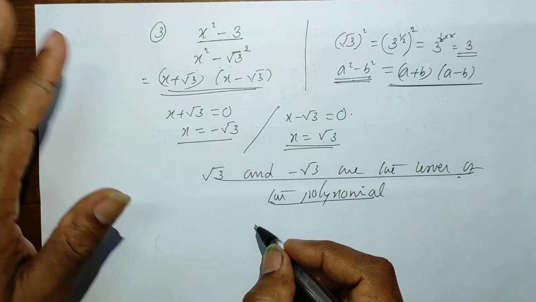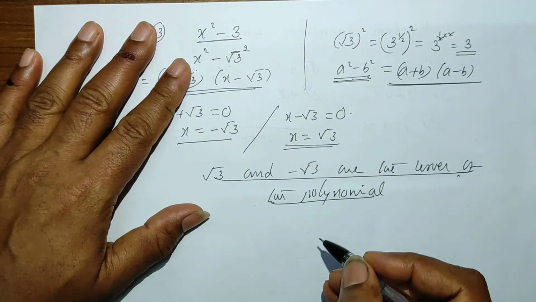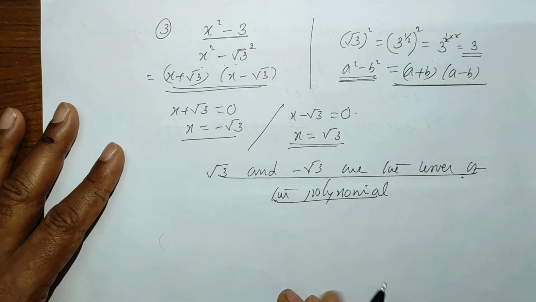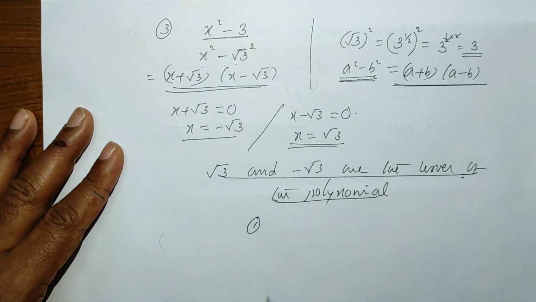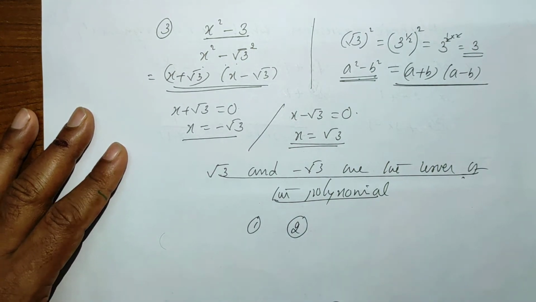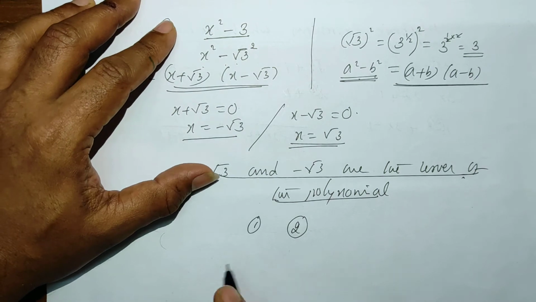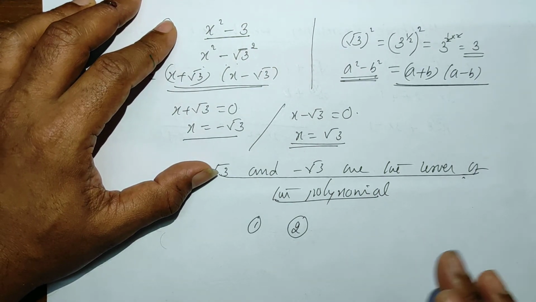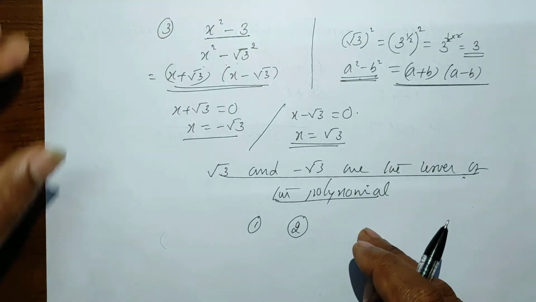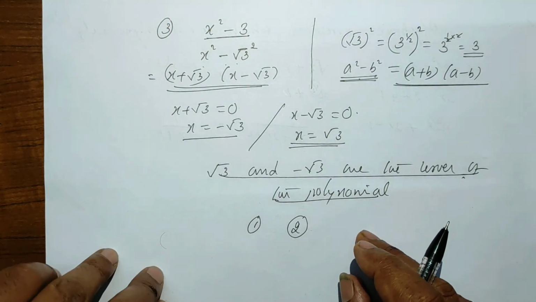You have to remember 2 points to find the zeros of a quadratic polynomial. First one is factorize the given expression, and second one is equate the given factors to 0. You will find the value of the variable; that itself is the zero of the polynomial.